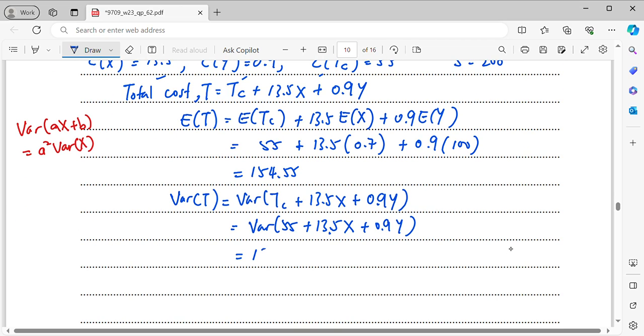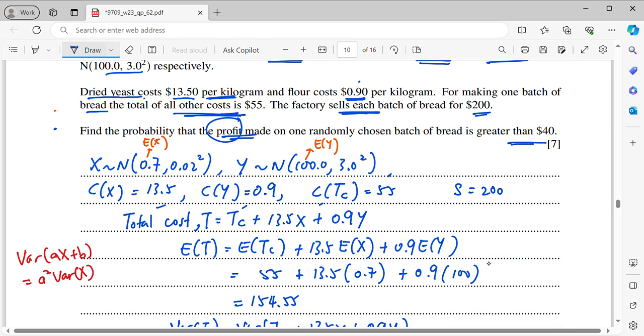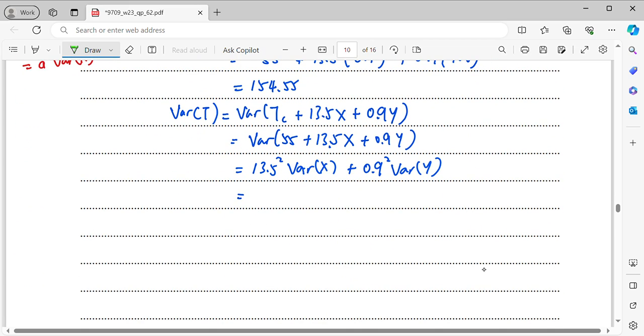So it will be 13.5 squared variance x plus 0.9 squared variance y. Okay, so the variance x and y, you can get it from the distribution. This will be variance x, and the 3.0 squared will be the variance y. So when I replace the values, I should get 13.5 squared times 0.02 squared plus 0.9 squared times 3.0 squared. So then from here you will be getting